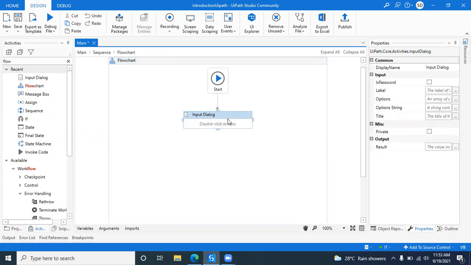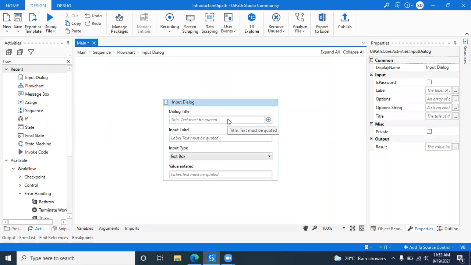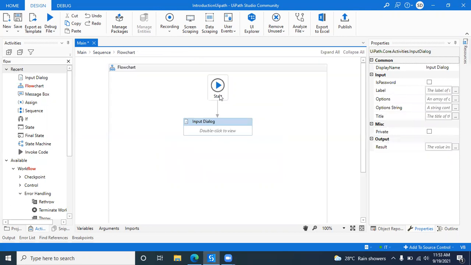In the input dialog box, let's say I'm entering some roll number, and according to the roll number, I have to divide the particular class. For example, in one class, we have 60 students, and all 60 students we can't map into only one single class. We have to create two batches of 60 students. So let's see, I have to decide how many candidates will go to the first batch and how many students will go to the second batch.